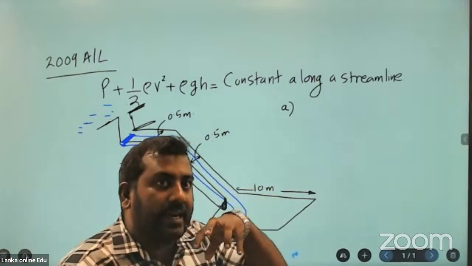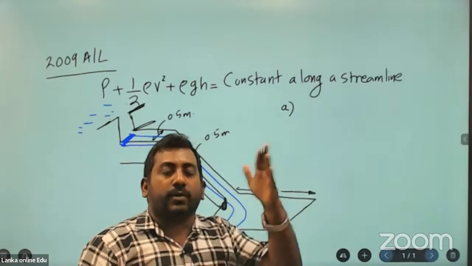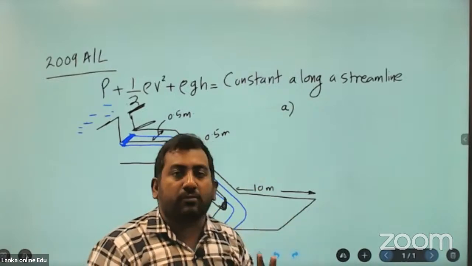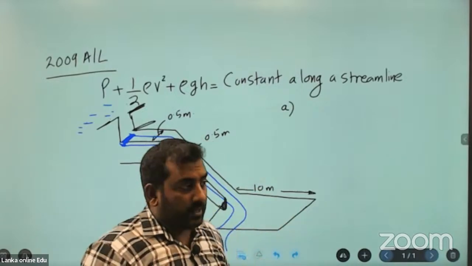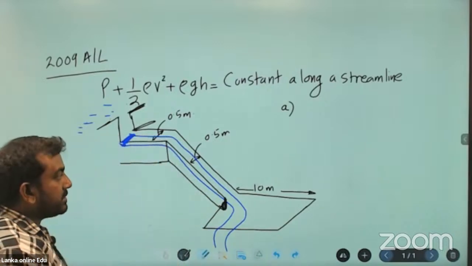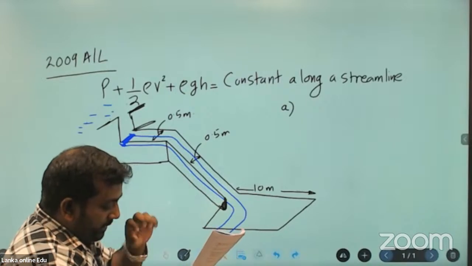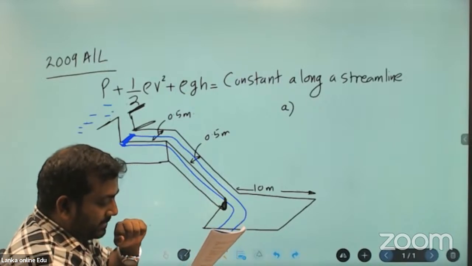Now, this is what we learned in the equation of continuity: A1 V1 equals A2 V2. That means throughout, the volume flow rate always remains constant. Right. If you look at this carefully, if the speed of water flowing at the exit of stage number 2